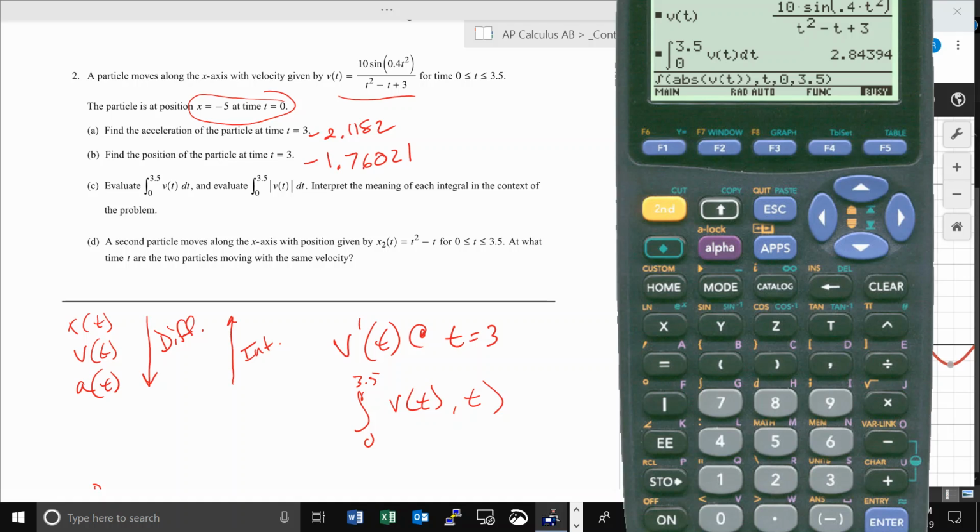This absolute value is going to be total distance traveled, and it should be a larger number. From here to here is 2.8, but from there to there, turning around and coming back, the absolute value will give us, I think I wrote it down, 3.737. So you can see that's total distance. That's the interpretation of what absolute value is. It's going to handle going all the way there and turning around and coming back. The calculator was so slow. Anyway,